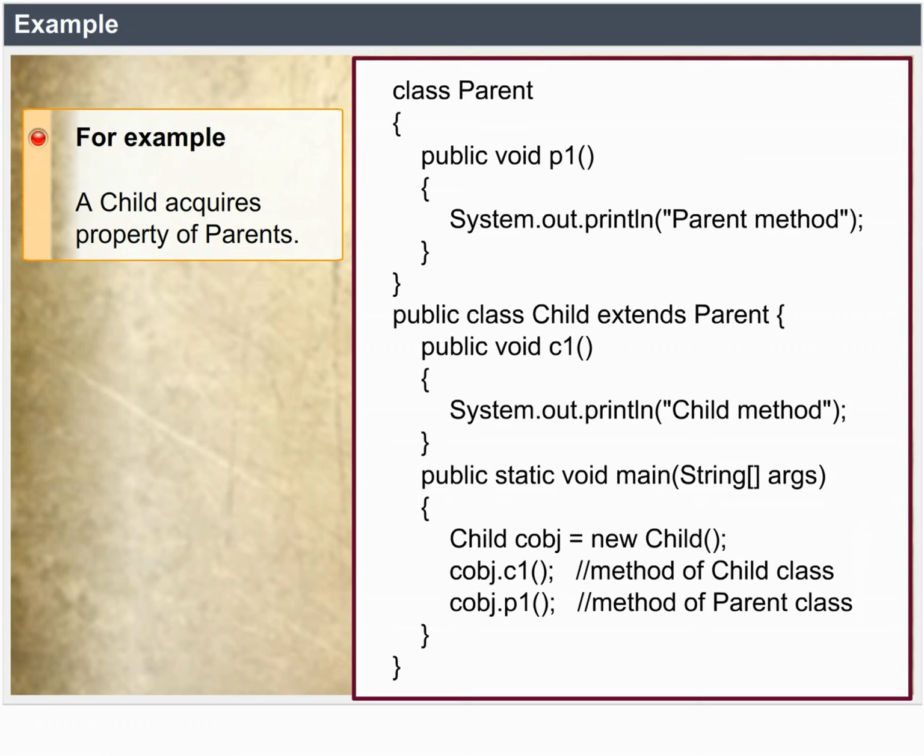Class parent { public void p1() { System.out.println("parent method"); } } public class child extends parent { public void c1() { System.out.println("child method"); } public static void main(String[] args) { child cobj = new child(); cobj.c1(); that is, method of child class, cobj.p1(); that is, method of parent class } }